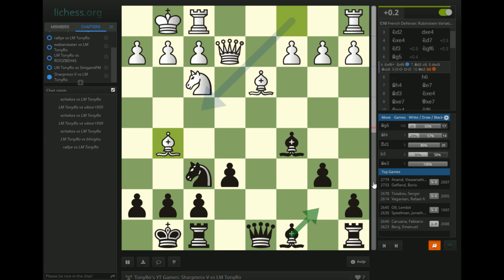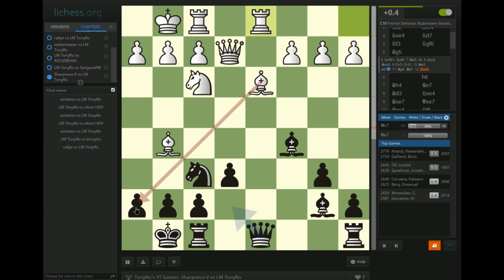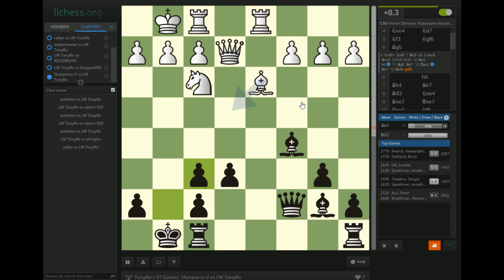And actually, after bishop g5, it looks kind of annoying. After bishop b7, rook a to d1, White has a massive threat of bishop takes h7, and this pin is kind of irritating, but it turns out that Black can just allow the shattering of his structure with bishop takes f6, g takes f6, because material's reduced. White has a hard time